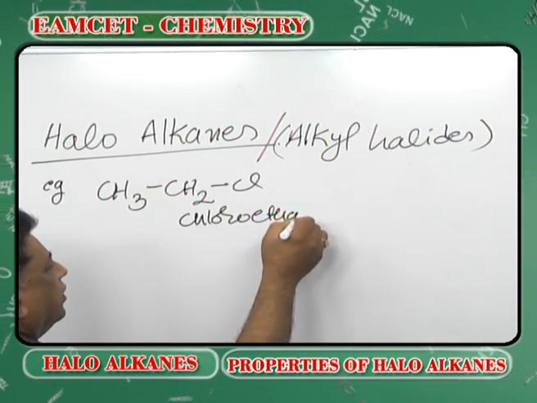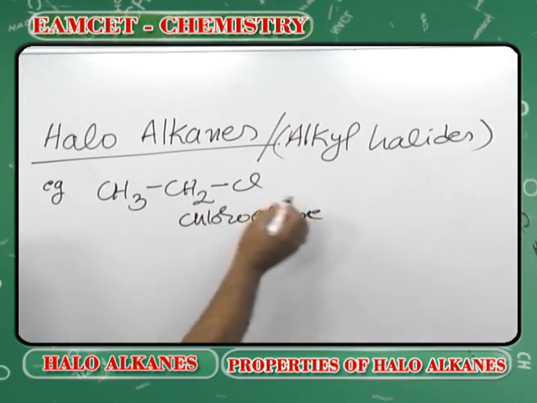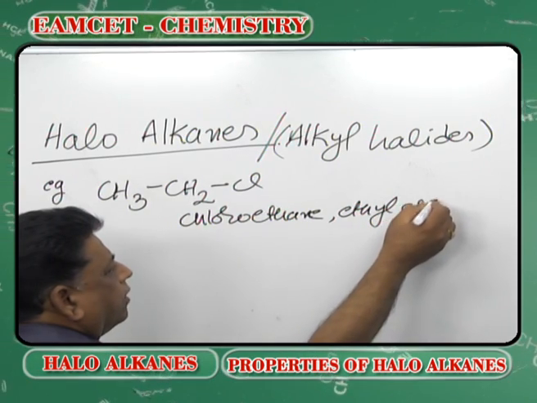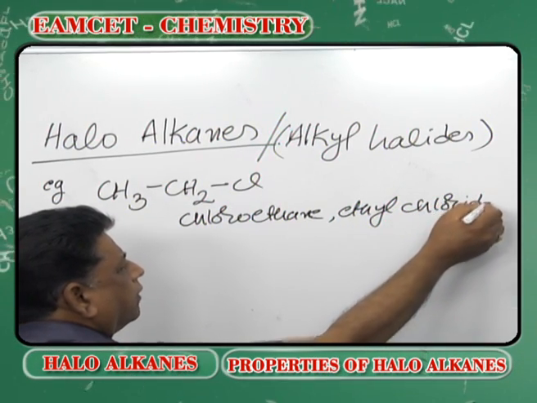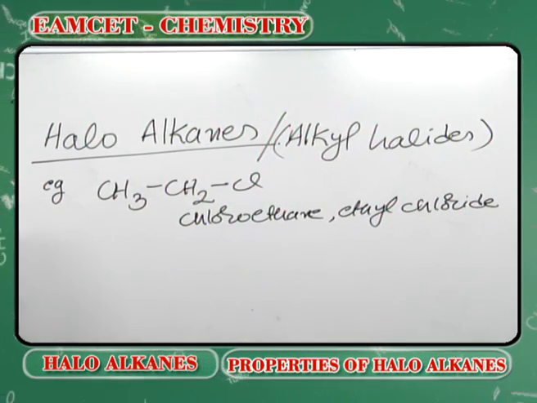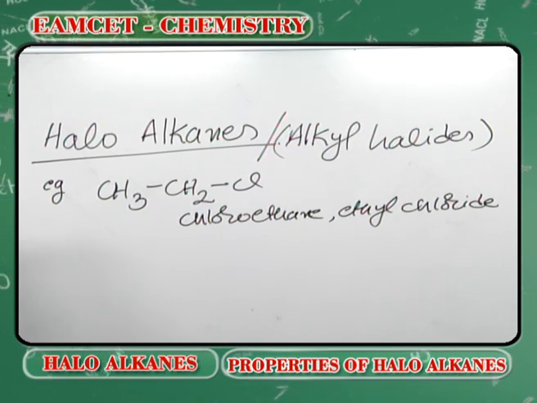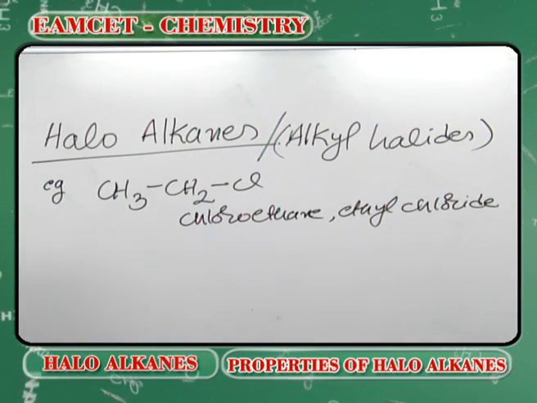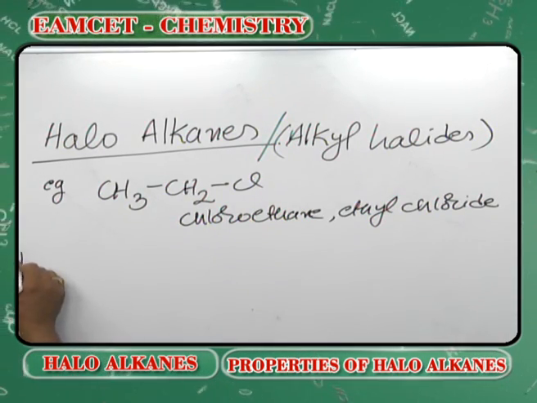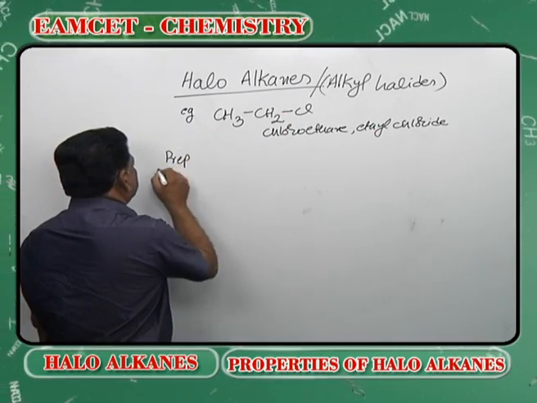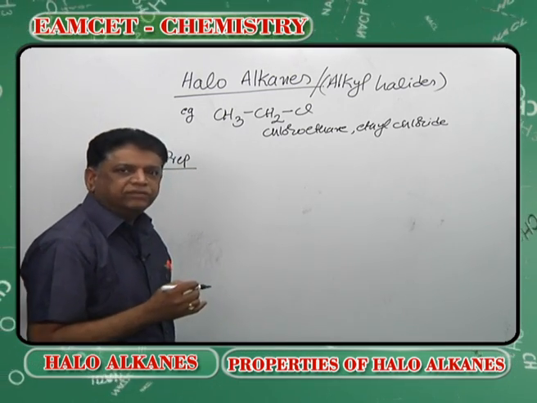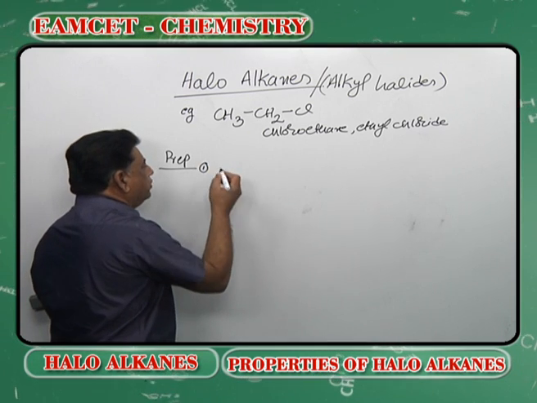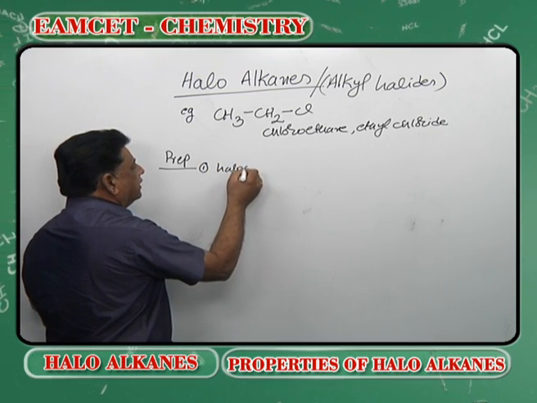However, by radical function name it is also called ethyl chloride. That is the common name, but systematically it is called chloroethane. We will see some preparations and properties of this compound in today's class. Let's take the preparation of this ethyl chloride. The first method is halogenation